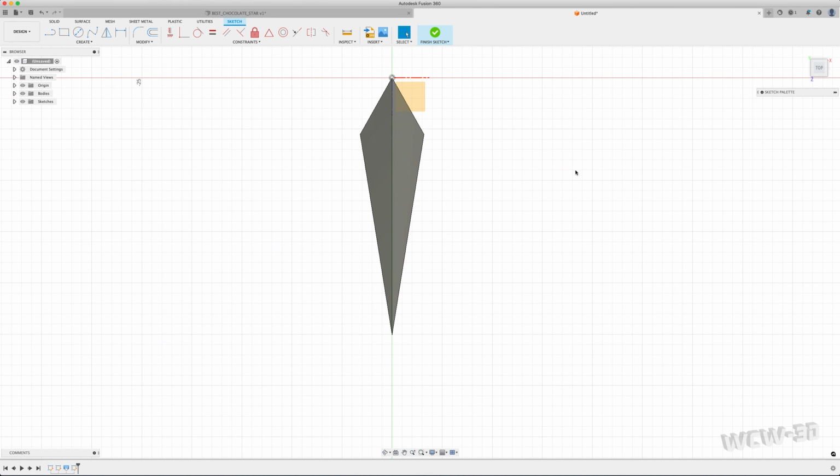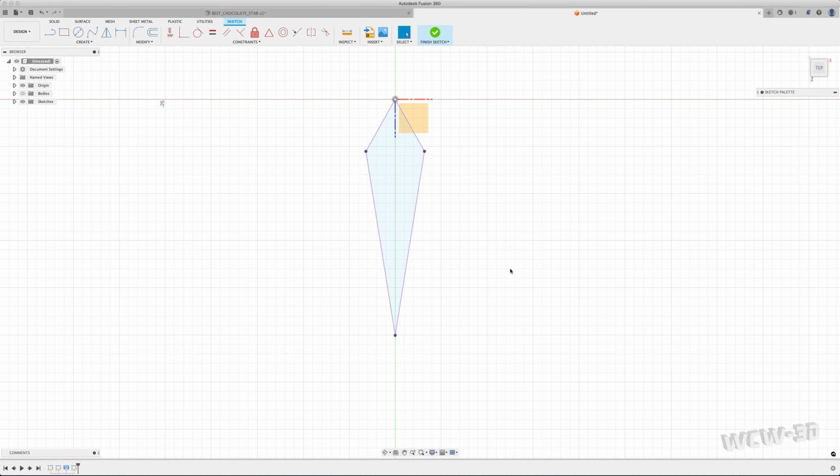What I'm going to do is use this shape as a reference by projecting it. I'm going to use body, so it selects the outermost shape. Hit OK. I can hide that for a second. Now,